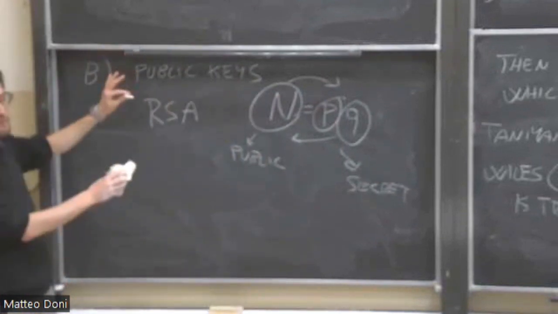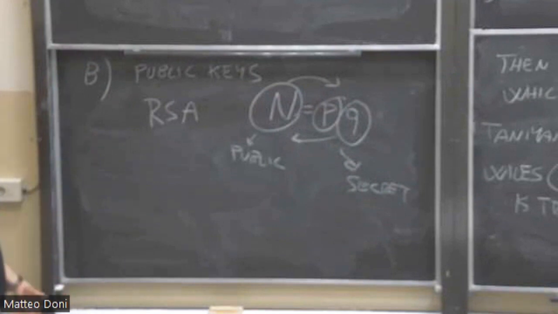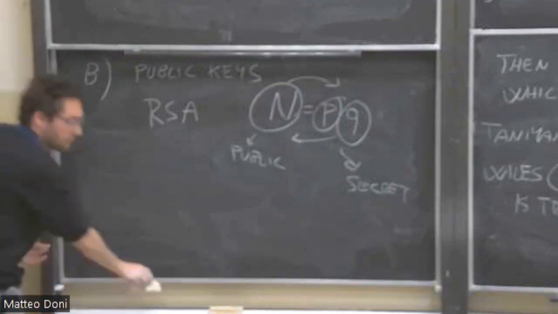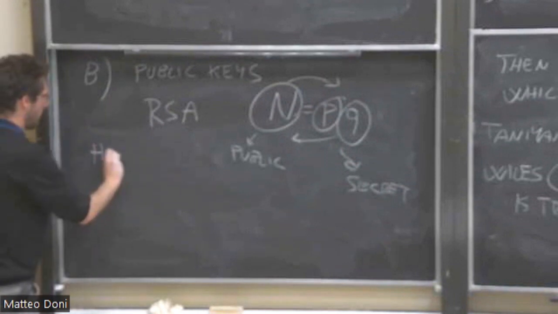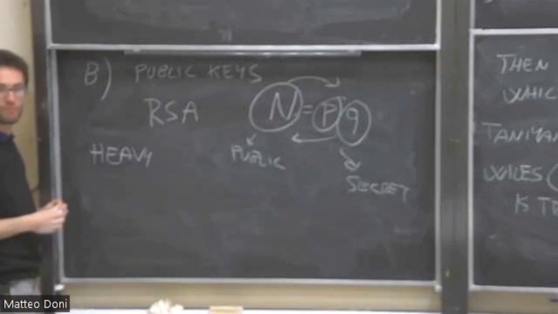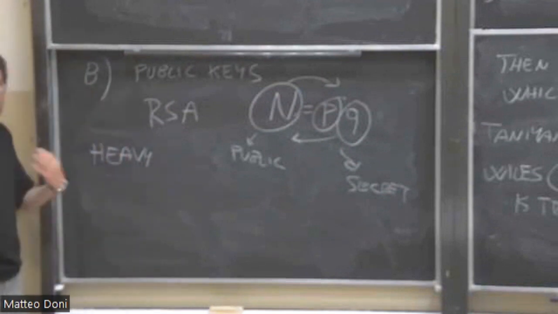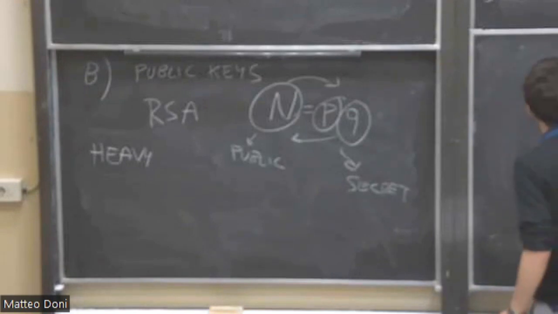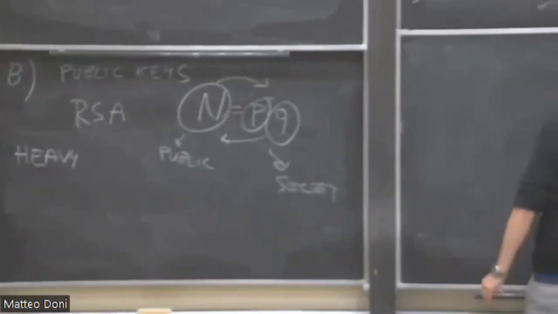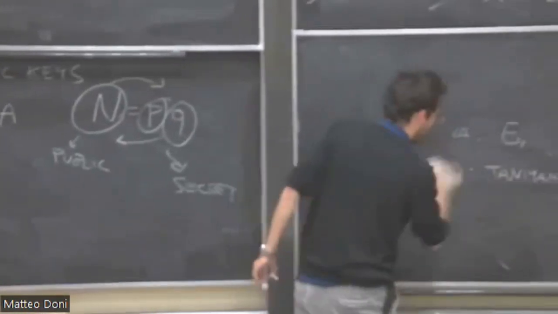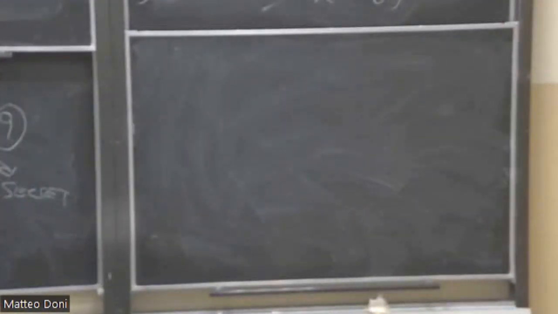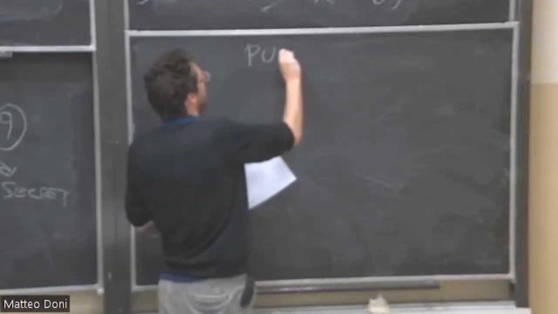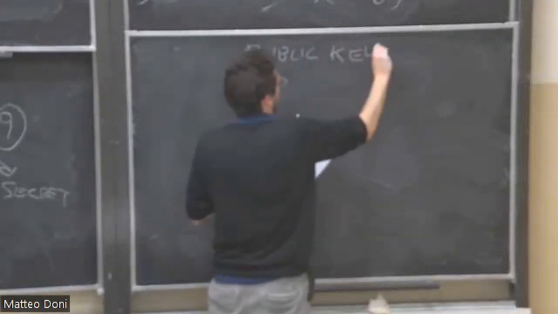This is a very successful cryptographic system, but it is also a very heavy one. When I say heavy, I mean from a computational point of view, and also in the size of the messages that you have to send. And what several people did, I think at the end of the 90s, probably also involving people like Koblitz, so very big names of elliptic curves, was to define a public key system